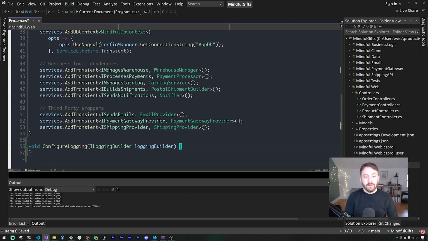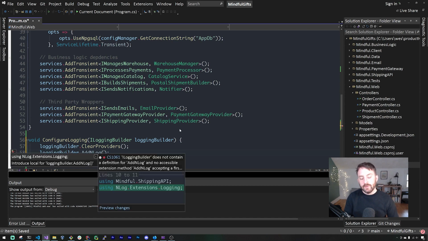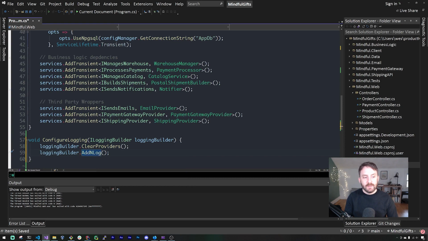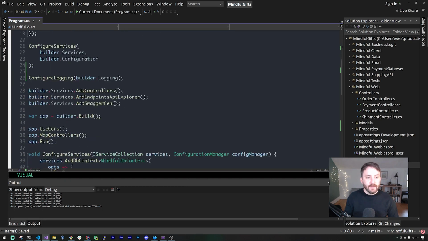And what I'm going to do here is say logging builder clear providers, which is going to clear those default logging providers if there are any configured, and we're going to say logging builder add NLog. This is going to require us to bring in NLog.Extensions.Logging, so we'll add that using statement, which we can see here. Okay, now that that's set up,